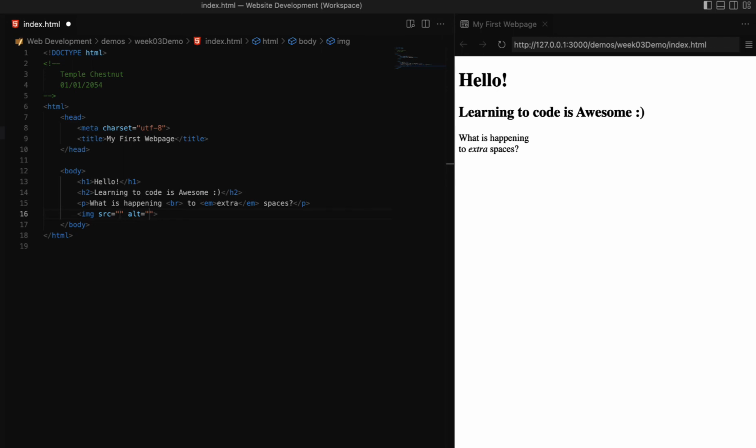Starting with the source attribute, or SRC. This is the path to get to the actual image that we want to render. And then the alt or alternative attribute, ALT, this is what's going to happen just in case it can't find the image that it needs to load. It's going to present alternative text to let the end user know what the end result should have been had that image loaded, or if they were using images in their page. So I'm going to start first with this alt attribute, and I'm going to put in here the